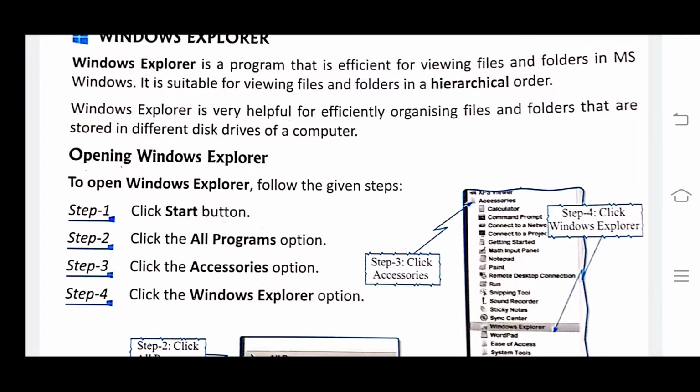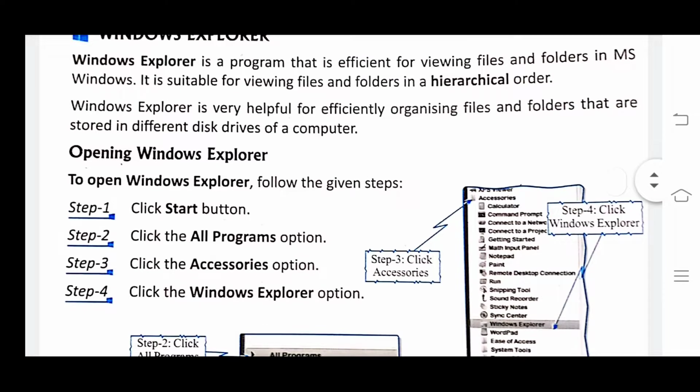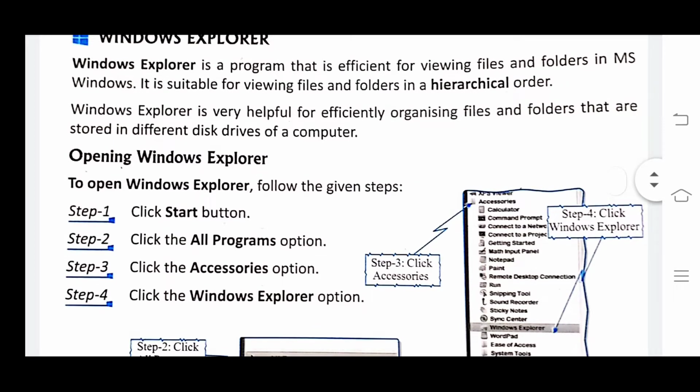In an operating system like Windows we have different kinds of drives. So Windows Explorer is very helpful for efficiently organizing the files and folders in the different disk drives, which are stored in an order.